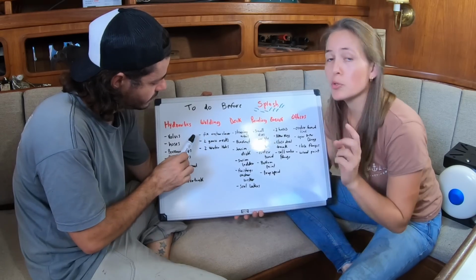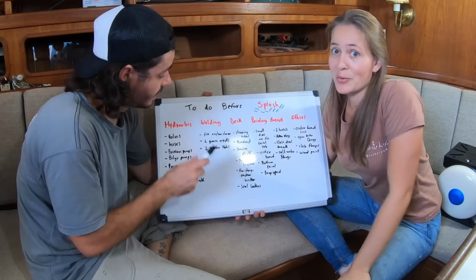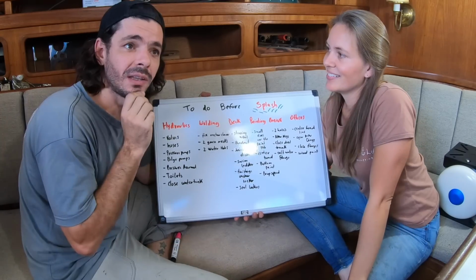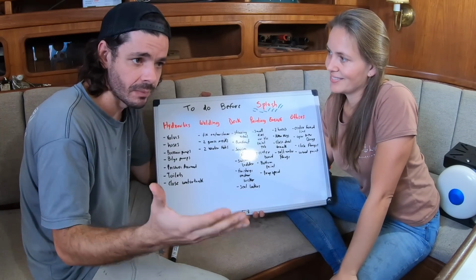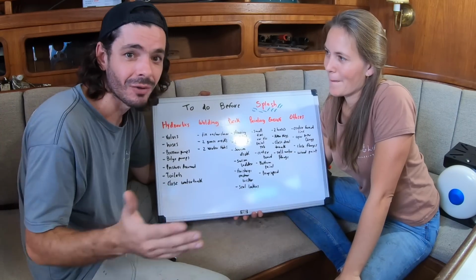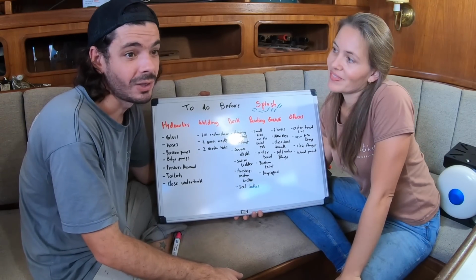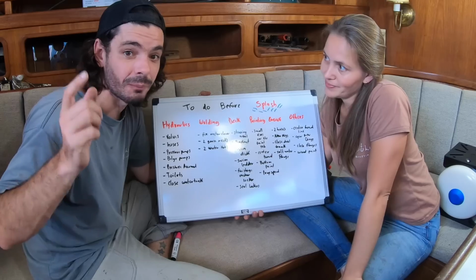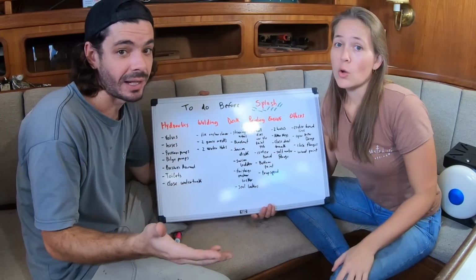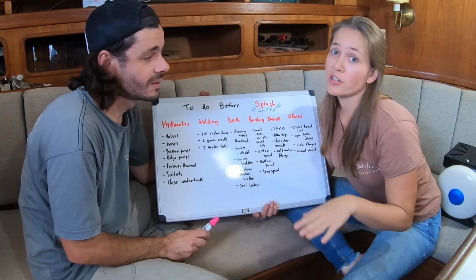We need to install 2 goosenecks on the deck. That's a tricky one. We're gonna actually do that tomorrow, hopefully. Yeah, we are tearing the boat apart again. We did part of the electrical design of the boat, and we got excited with that, and we decided to do a renovation of the 12-volt system also. So with the 12-volt system, we are also going to install the new electronics, in a different place, and in order to do that we need to run the wires through the deck, and we need a gooseneck for that, so that's gonna be a big job. All the 12 volts panel and everything we are gonna do while we are in the water,